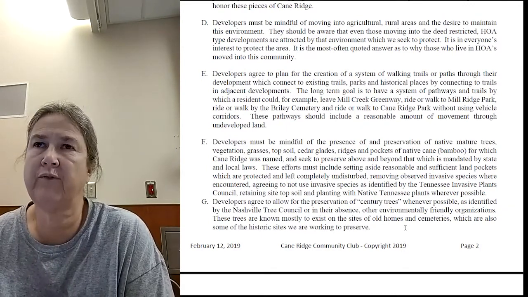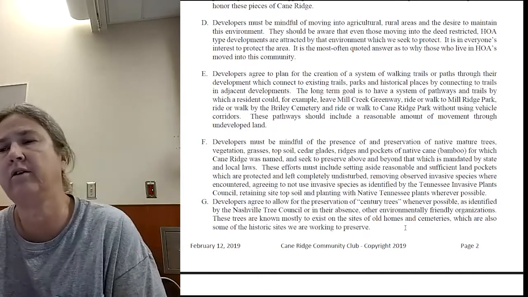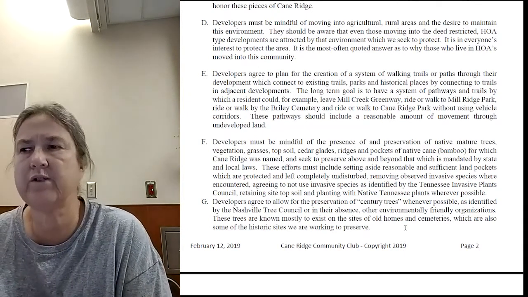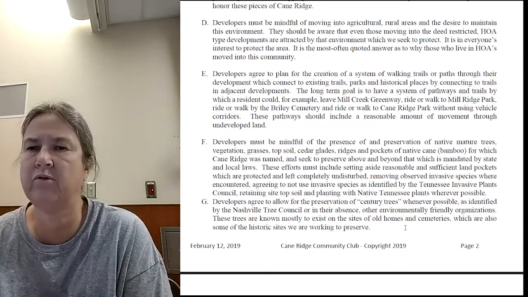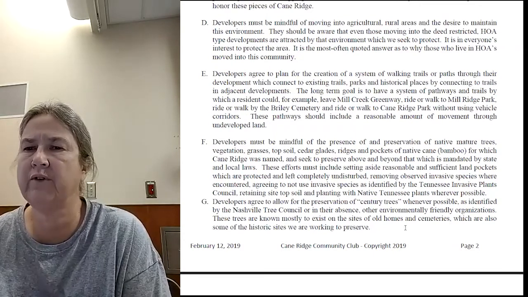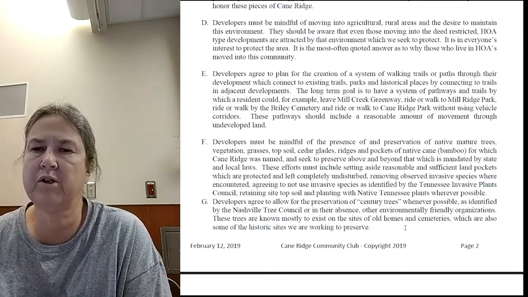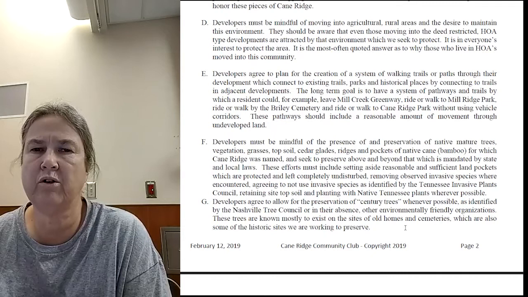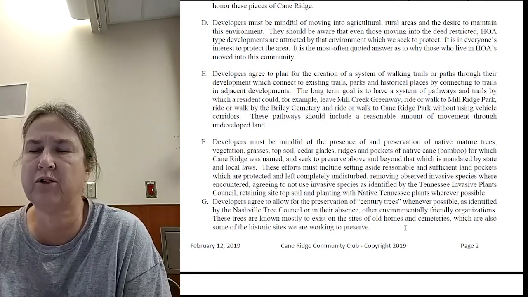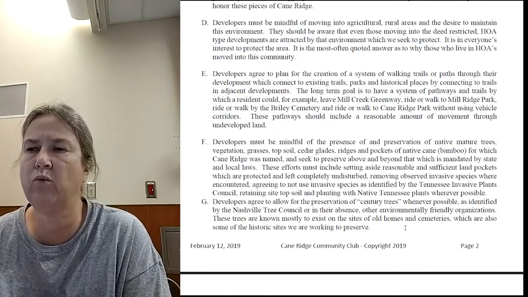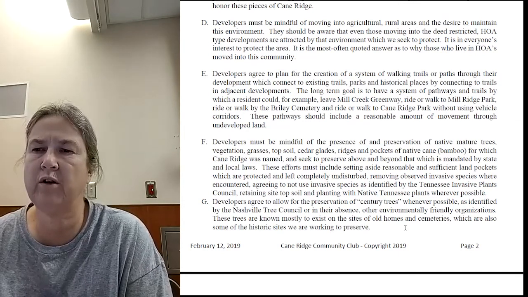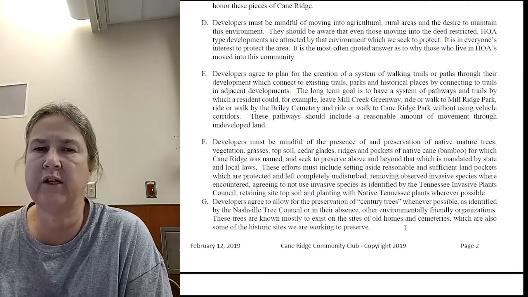If you're asking a developer to leave that, then you might need to look at a little more density somewhere else on the property. And so it really requires some give and take between the developers and the community in order to step back and look at the whole picture and get things done in a way that works well for everyone.